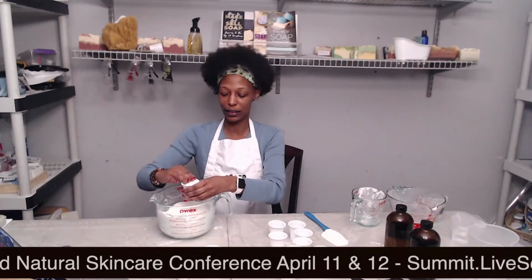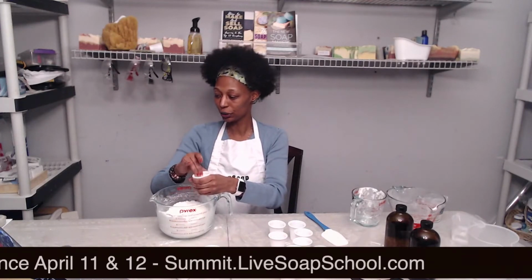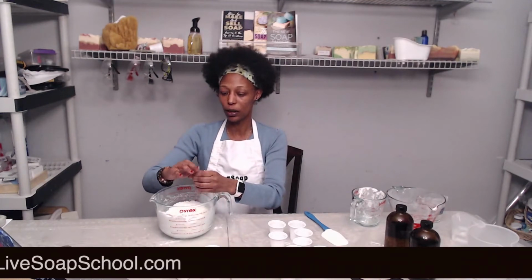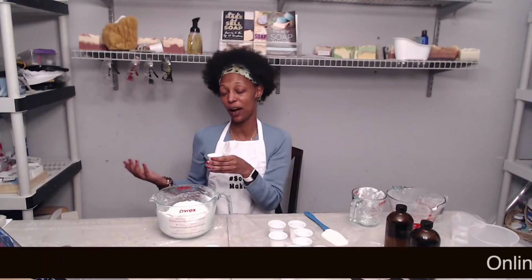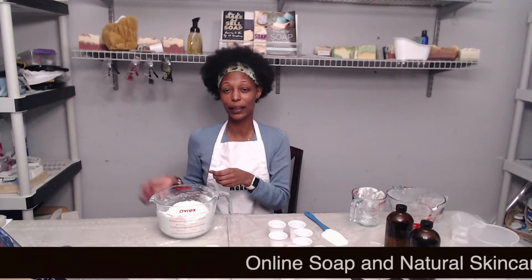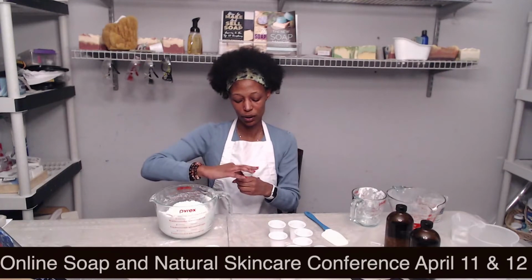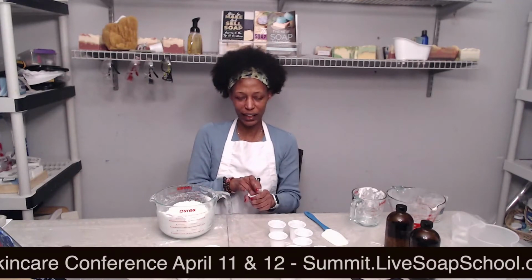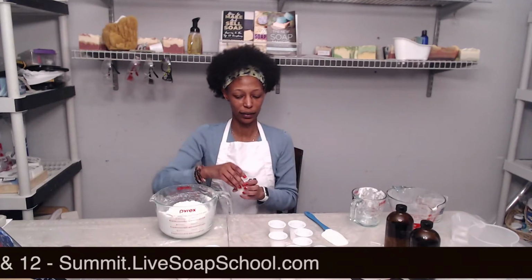So let's say you don't want to make a whole bunch, you're trying to conserve your baking soda. If I add too much water, will it just make it long? It'll take longer to set. And you don't want to overdo it with the water too much because you still want some of that foaming action to happen in the shower. Kind of how you know it's working. But you can add a little more baking soda to it and then a little more citric acid. You would know you added too much if it feels like wet sand. It doesn't need to feel like wet sand yet. It's just like a...